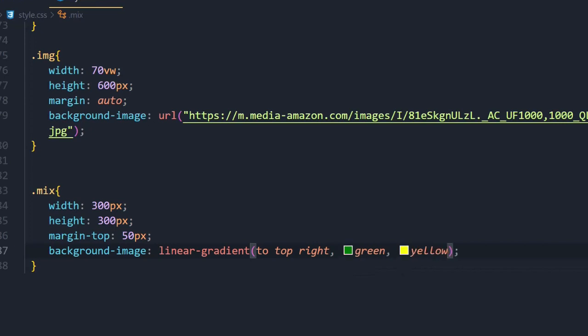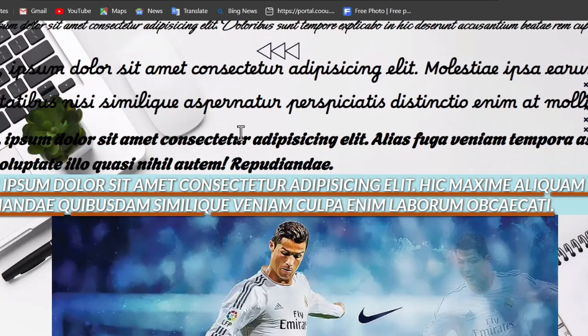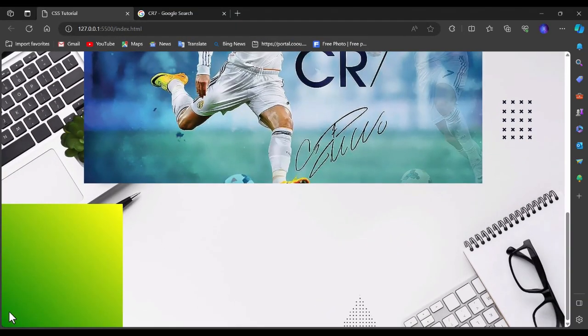And if I come back to my browser here, let's scroll down to the section. What do you see? The down part is green and the top right part is what? Yellow. So this is linear gradient right here. Okay, so you can see with this now, I have put two colors in my background instead of one, using